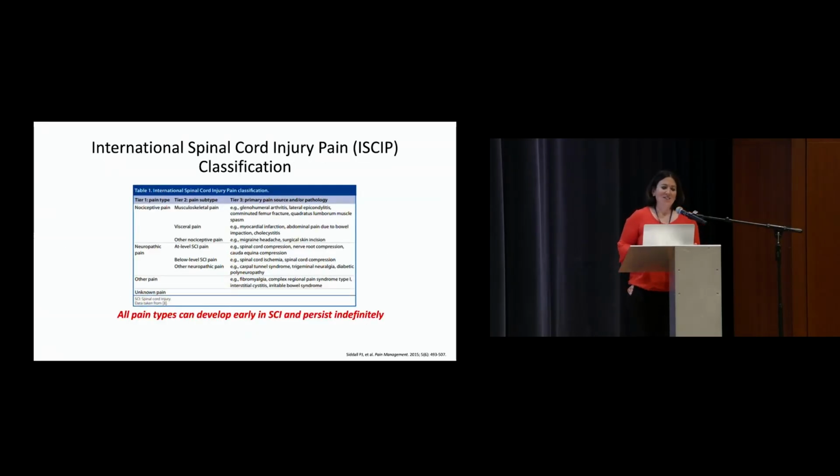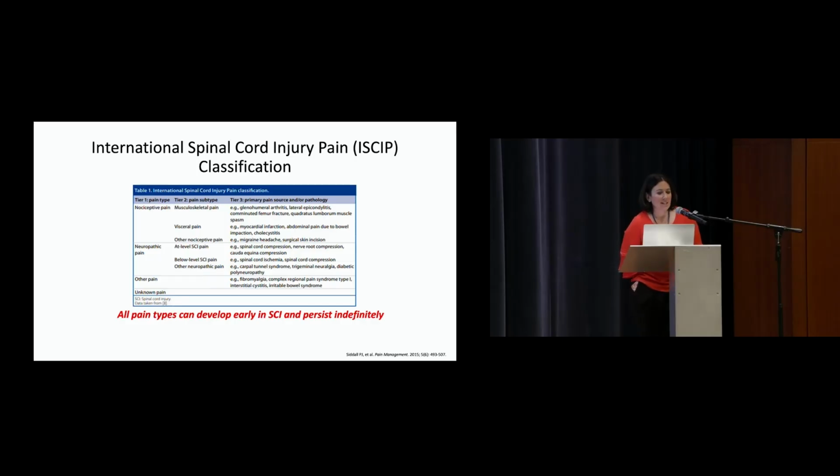For many years, there were many different classifications of spinal cord pain that existed in the literature. And it wasn't until several years ago that a group of experts got together and standardized that classification for pain. The goal of the standardization was twofold. One, it was to allow standardization schemes that we can use for research purposes, to standardize how we research patients and think about pain in patients. And the second goal was to ensure that those caring for these patients actually think about each one of these pain types separately.